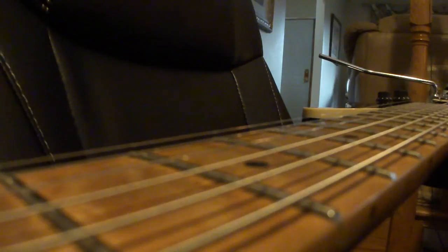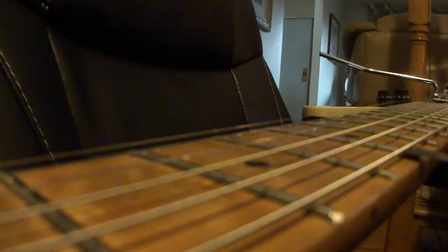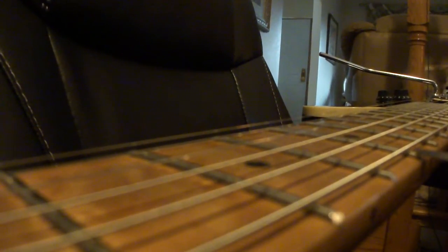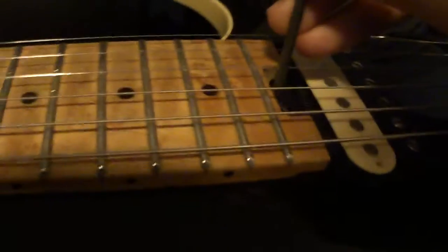So we'll try 0.015 at the 8th fret. And that's right about where we are right now. 0.015. So if I try and crank the rod any further,